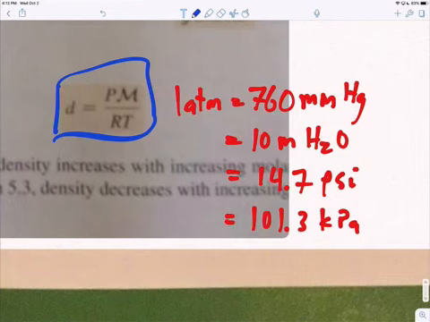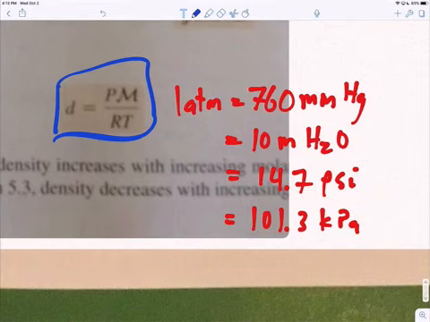Mercury's density is 13.5 times that of water. So that's why you only need this much versus 33 feet. And also PSI, 14.7 PSI. That's equal to the same thing as an atmosphere. And then we talked about pascals. So 101.3,